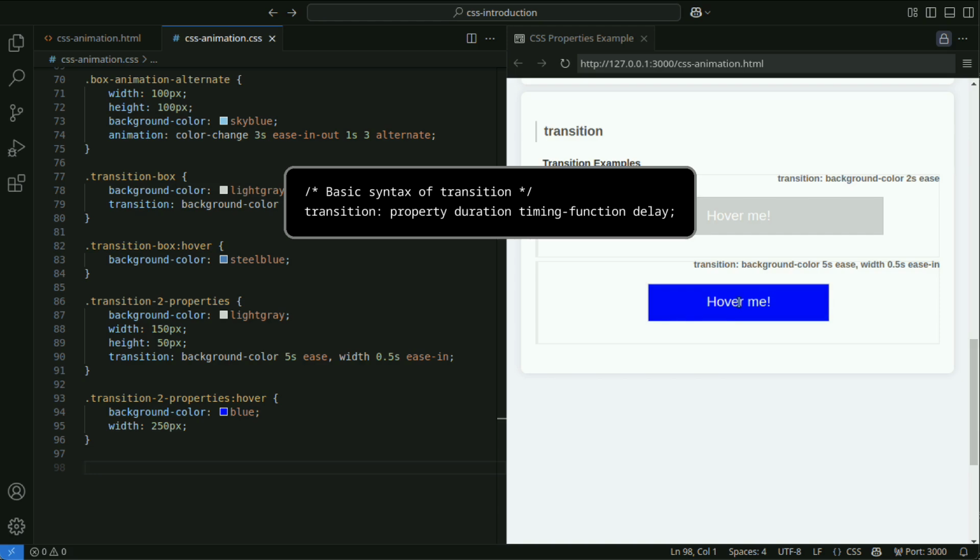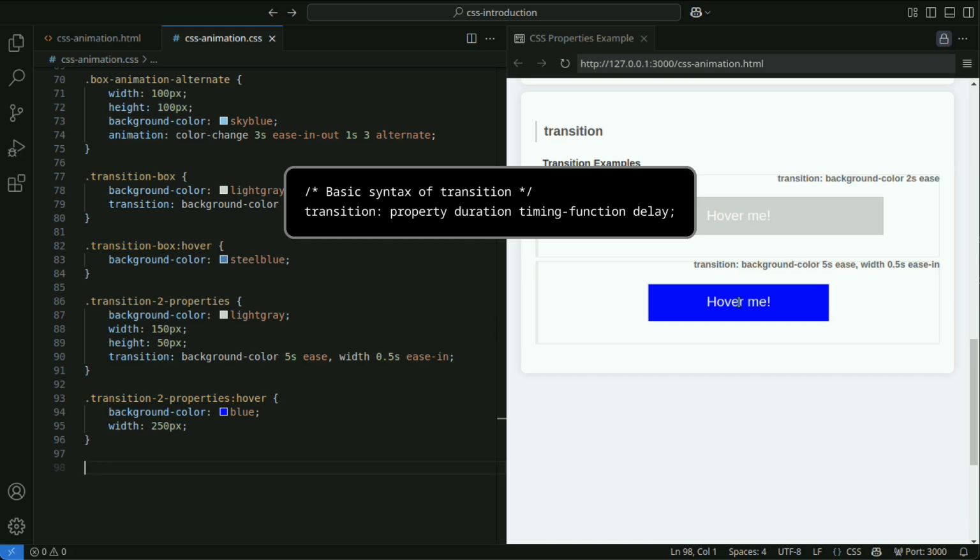The property specifies which CSS properties the animation should be applied to. Specifying all applies the animation to all properties. The duration specifies the time it takes for the animation to complete.